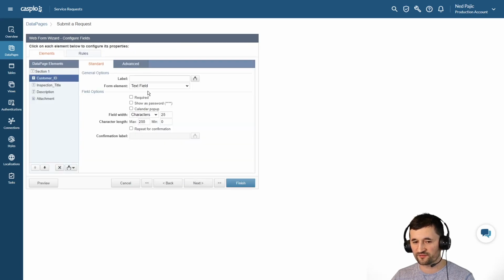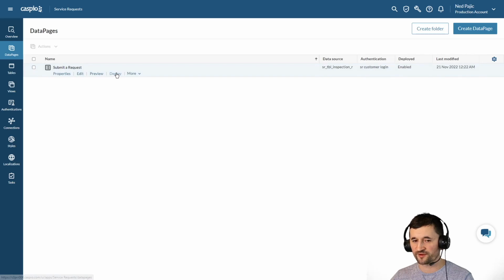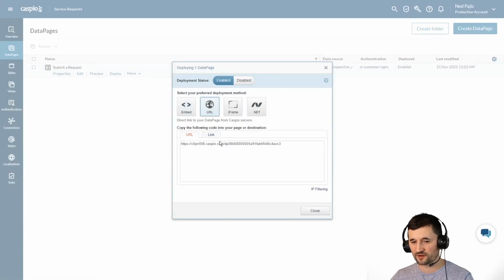And then all we need to do is just make the field hidden, because using the authentication method, we need to stamp the user GUID into our service request table so that we can associate our requests back to our customers. It is a very simple one-to-many relationship. Once you hit finish and save, we're going to take our direct link, copy the URL,